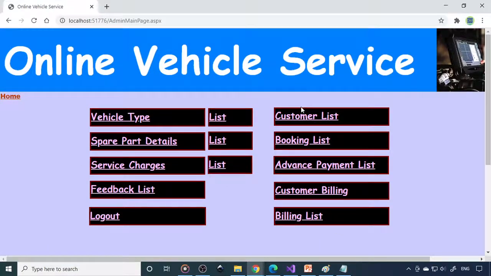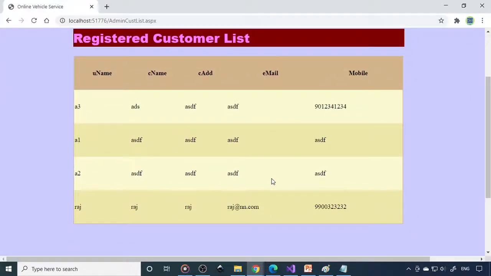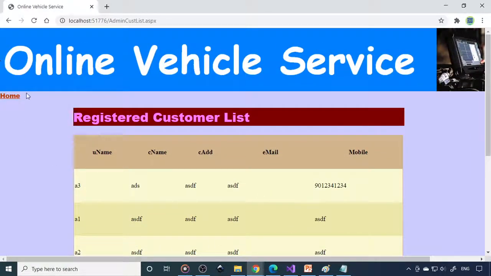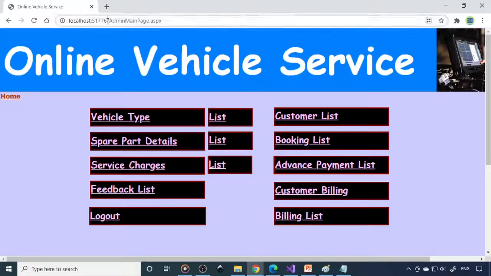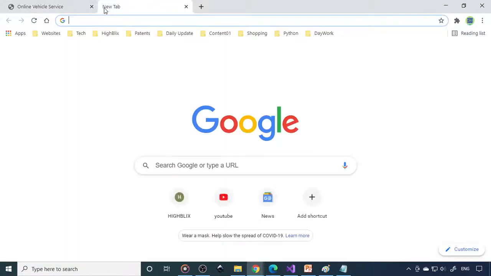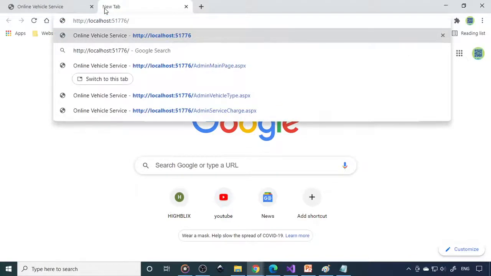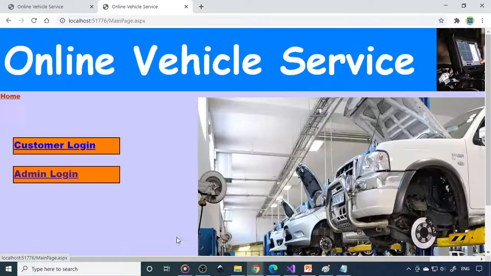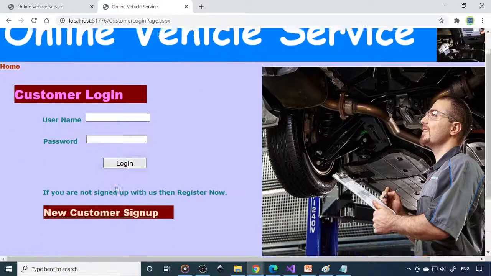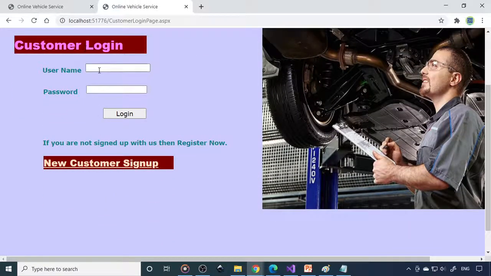Now the customer has to log in and then they need to book. Okay, so here are some customers already there. So what we can do is copy the address here, the main address. Then take one more tab. So continue. If you go to customer login, here is sign up. You can sign up. If you have already signed up, you can go to this A1 and then A1, login.